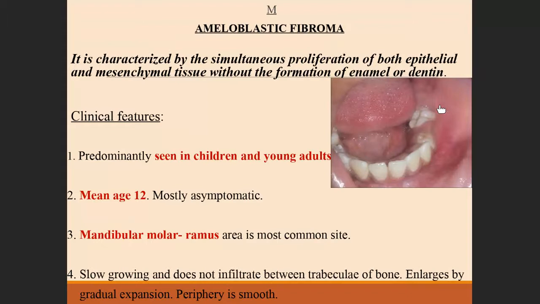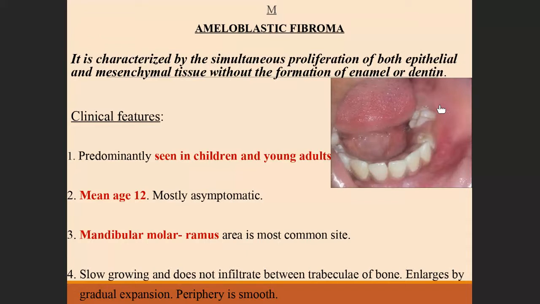Now remember, in this tumor you have proliferation of both the epithelial and mesenchymal tissues. Now in the name you see it is ameloblastic fibroma. So some ameloblastic elements are there and fibroma, so fibrous tissue. There is no hard tissue here. So here you have proliferation of epithelial and mesenchymal tissue without formation of enamel or dentine. When you have studied tooth development, you know that when the epithelial and the mesenchymal components proliferate, that is a tooth germ. The enamel organ and the dental papilla, when it proliferates, there will be differentiation leading to the formation of enamel and dentine. So here it is not going to the extent of hard tissue formation.